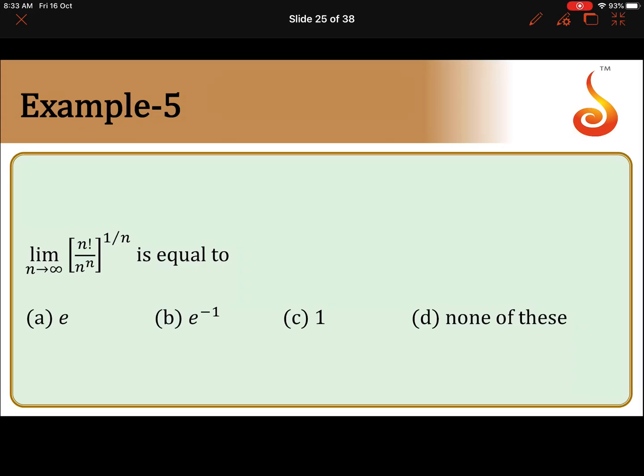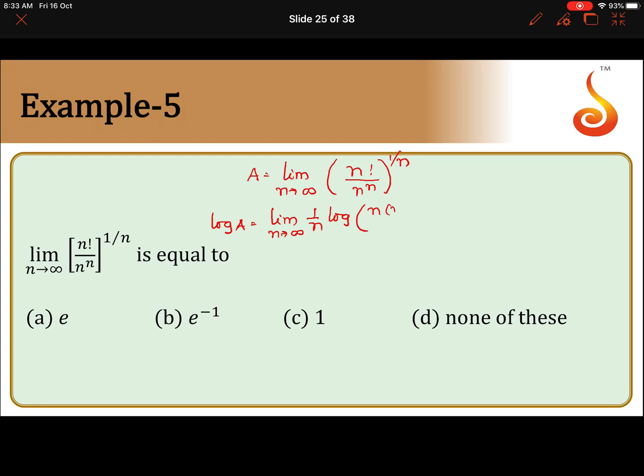Find the limit as n tends to infinity of (n factorial by n to the power n) to the power 1 by n. We take a is equal to limit n tending to infinity (n factorial by n to the power n) to the power 1 by n. We'll take log both sides. So log a is equal to limit n tending to infinity 1 by n log of n factorial